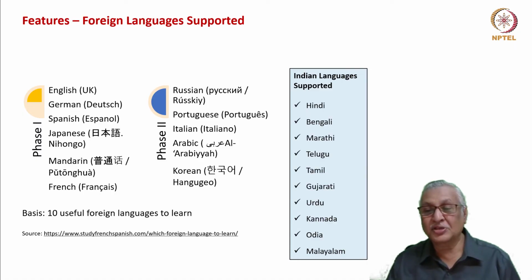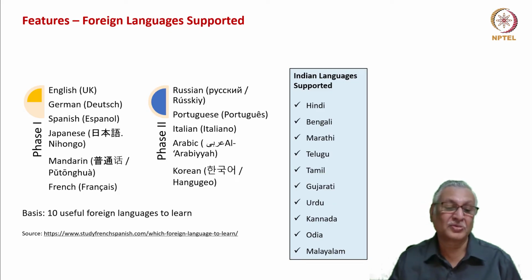And the Indian languages that are supported are Hindi, Bengali, Marathi, Telugu, Tamil, Gujarati, Urdu, Kannada, Odia and Malayalam. And this language net can be expanded in terms of international languages as well as Indian languages once the product takes root and is